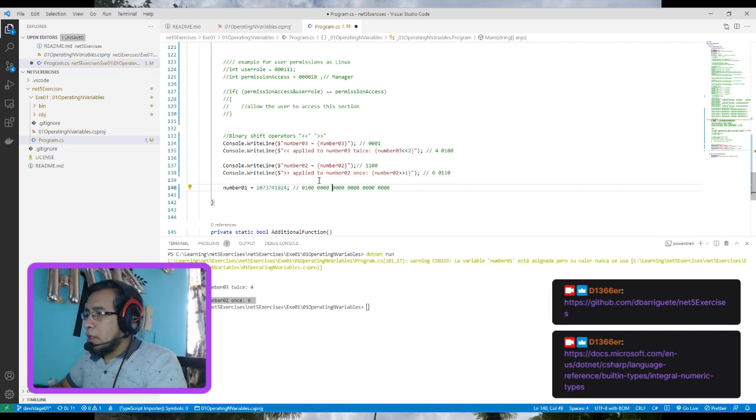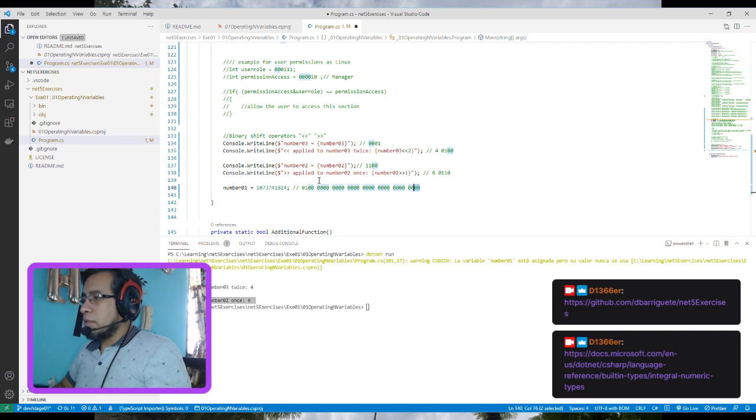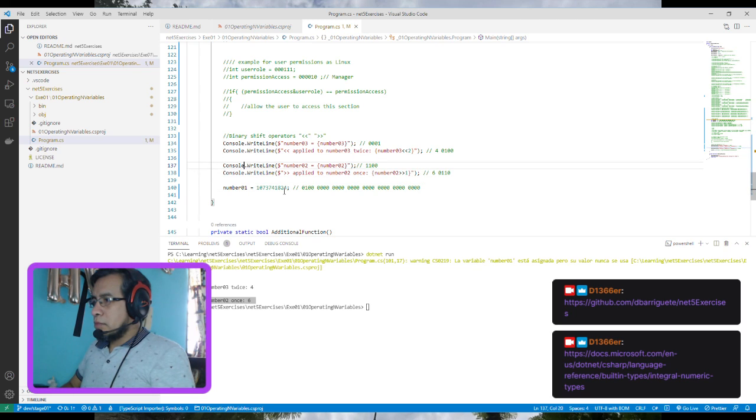Okay, I need 8 of this. No, 1, 2, 3, 4, 5, 6, 7, 7. 1, 2, 3, 4, 5. 2, 3, 5. Then I have 7. 7 places of 4 zeros, and then 0, 1, 1. Okay, the next number, we move once to the left, we are going to have number 1. Number 1,